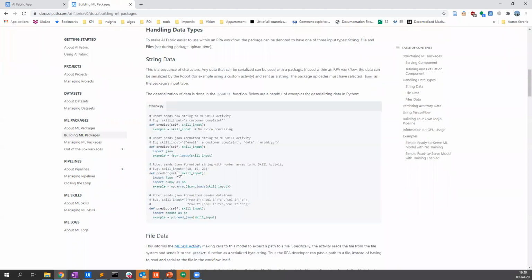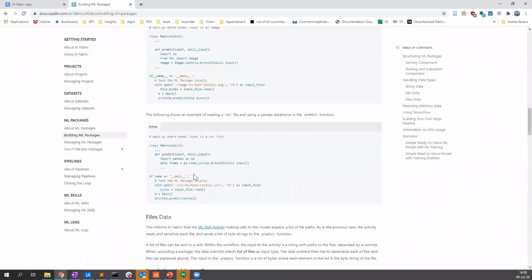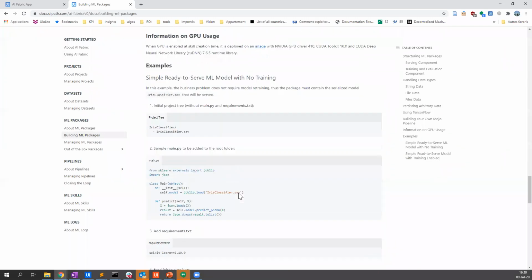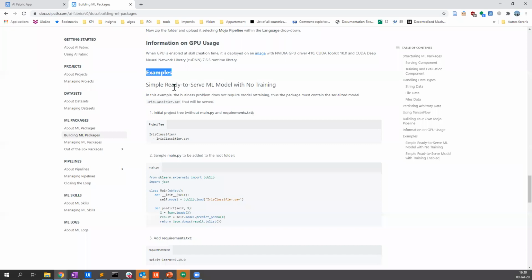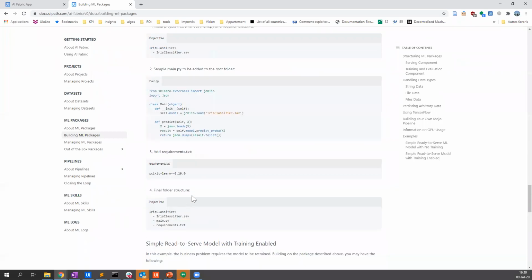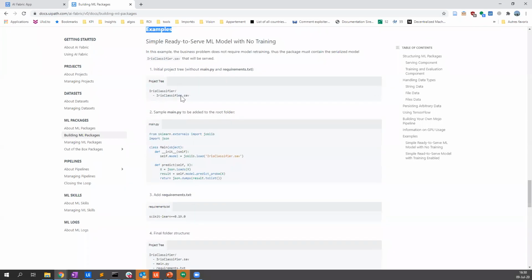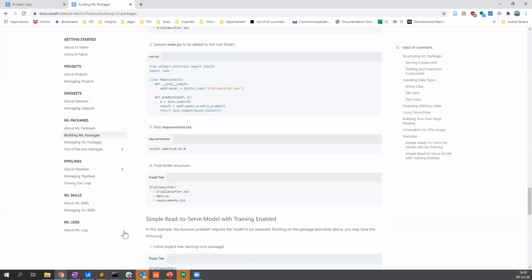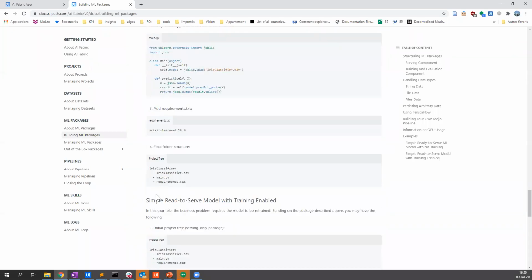So I told you basically we need to use JSON or files, but if you have, for example, a table, it's just how to format this as a string and just give it to us. And of course, you have some examples here. So basically here, we start with an example. We have an example for ready to serve without training, and then we add the training. So this is only the model. And then step by step, we add the main.py file with an example, and requirements file with an example, and then it looks like this, and you can zip it and upload it.